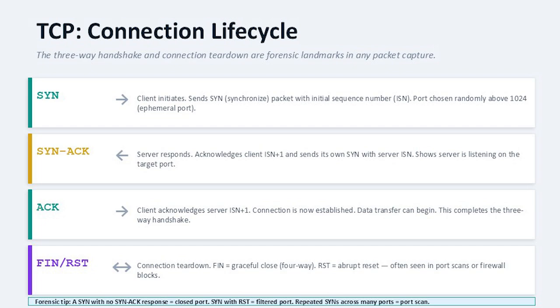There's also an RST or reset packet, and this is something which can happen sometimes with a little bit of regularity, but that just means that there's a reset in the TCP connection. So from a forensic standpoint, when you're looking at packet captures and traffic of that nature, if you see a client send a lot of SYN packets to some server, but you don't see a corresponding SYN-ACK, then that may be a closed port. If there's a SYN packet which is sent back with a reset, then it may be